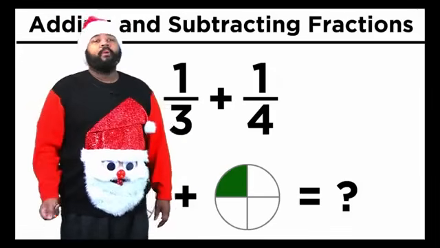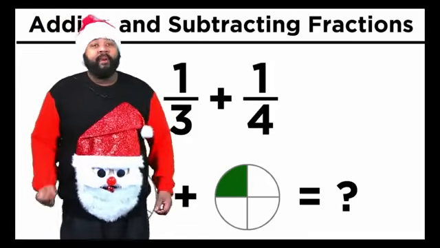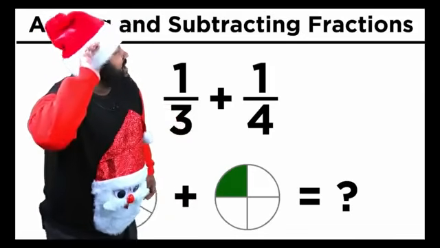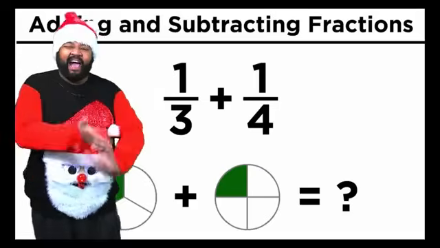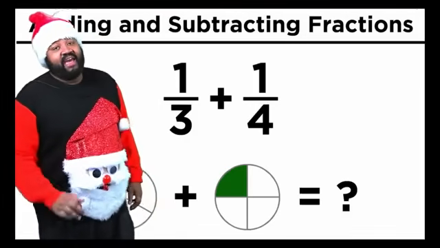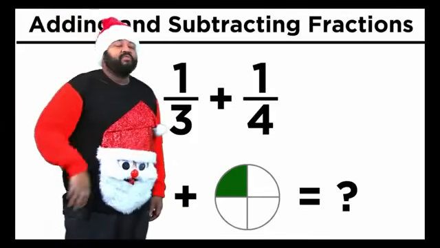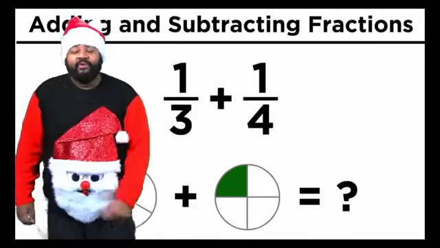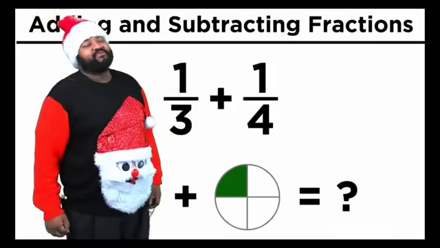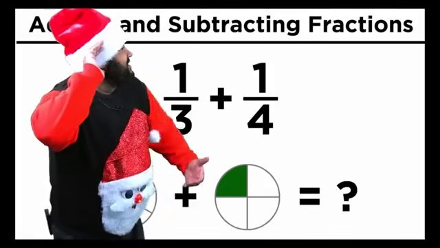All right. Boom, boom, boom, boom, boom, boom, boom, boom, boom, boom, boom, boom, boom, boom, boom, boom, boom, boom, boom, boom, boom, boom, boom, boom, boom, boom, boom, boom. Boom, boom, boom, boom, boom, boom, boom, boom, boom, boom, boom, boom, boom, boom, boom, boom, boom, boom. All right, when you add or subtract fractions, yeehaw! When you add or subtract fractions, yeehaw! When you add or subtract, you add or subtract, you find the least common what? Yes, denominator. When you add or subtract fractions and compare. When you add or subtract fractions and compare. When you add or subtract and compare and subtract, you find the least common what? Denominator. Good